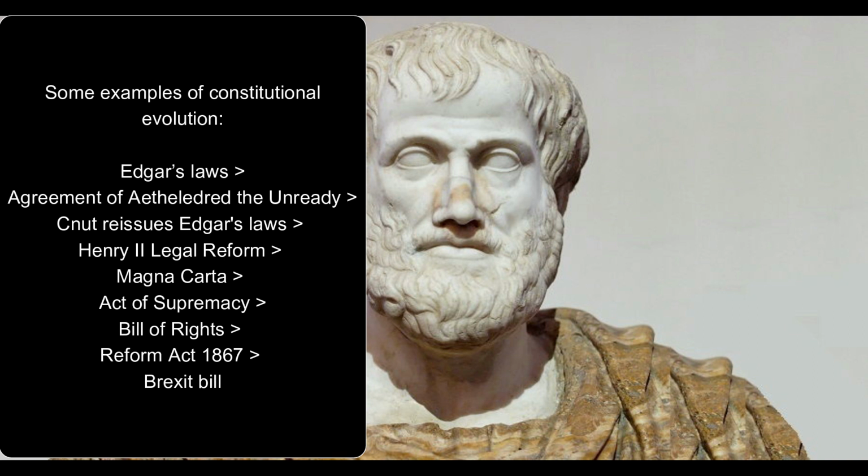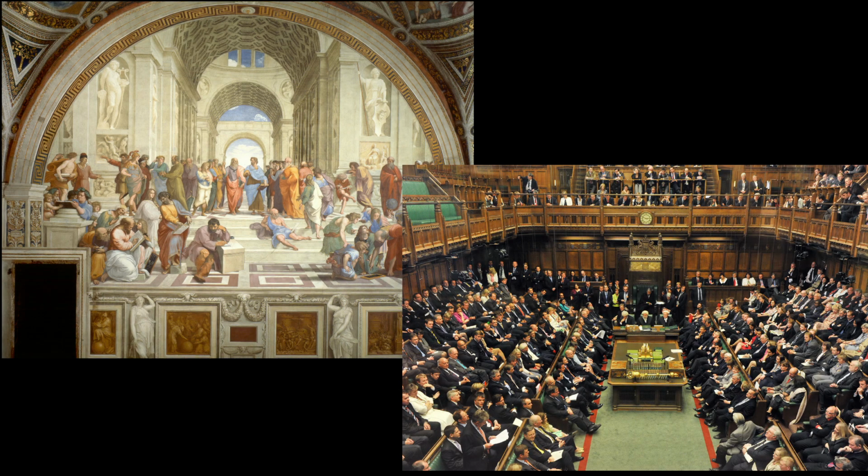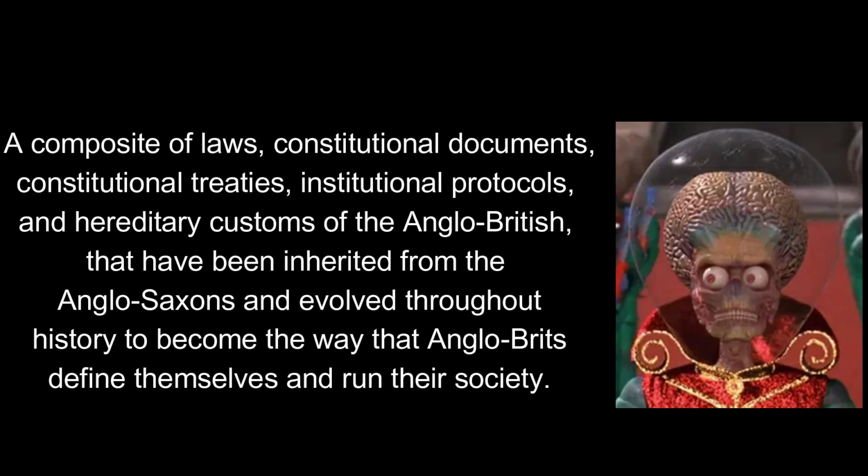The ancient Greeks are in a discourse to discover what the most reliable intellectual ideas are, and the Anglo-Brits are in a discourse to work out how to make the most reliable, sustainable kind of society. For example, I pointed out in the series on international law that in Greece you get an intellectual method known as the Socratic method for intellectual inquiry, and in England you get an oppositional parliament designed to do the same thing for political inquiry.